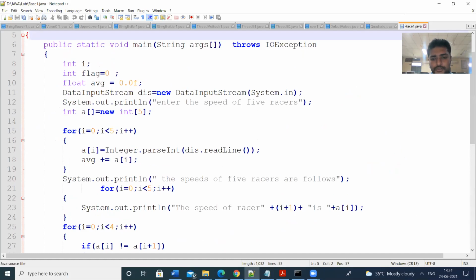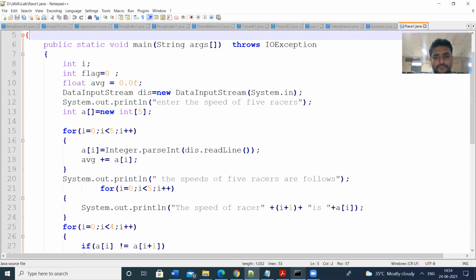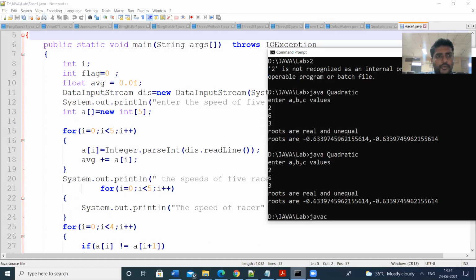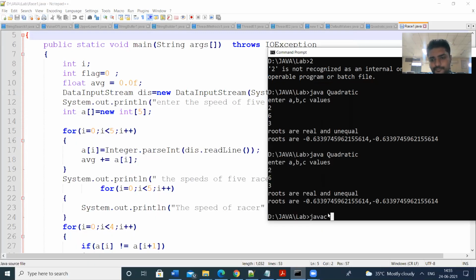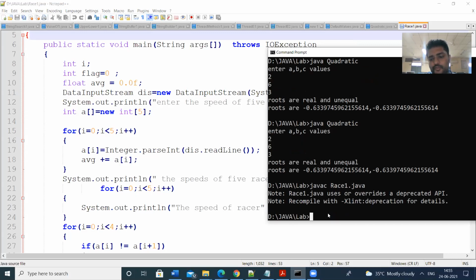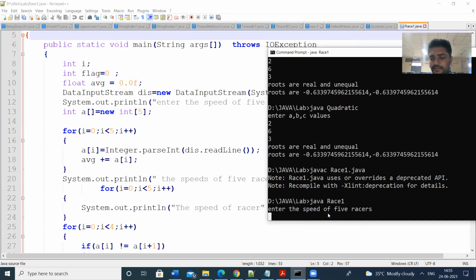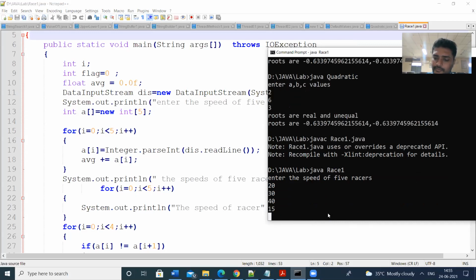So let us check the output. Javac, program name is race1.java. There is no error, only some warnings. Enter the speeds of the 5 racers: 20, 30, 40, 15, 18.